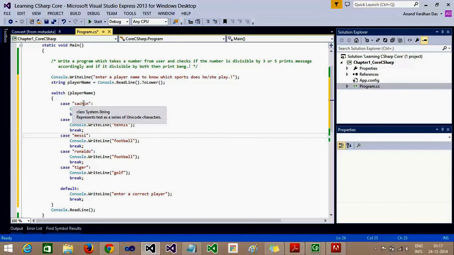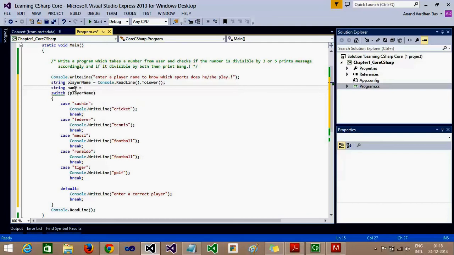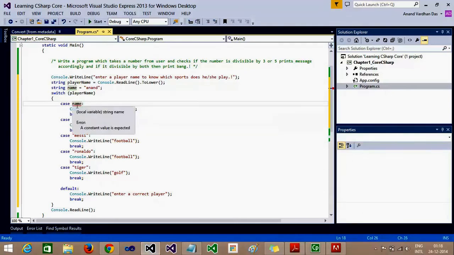Suppose I have a string name equals, say, Anand, and instead of Sachin in the case, I write name. Name is also of string type, but this will throw a compile time error that a constant value is expected, so we cannot give a variable.